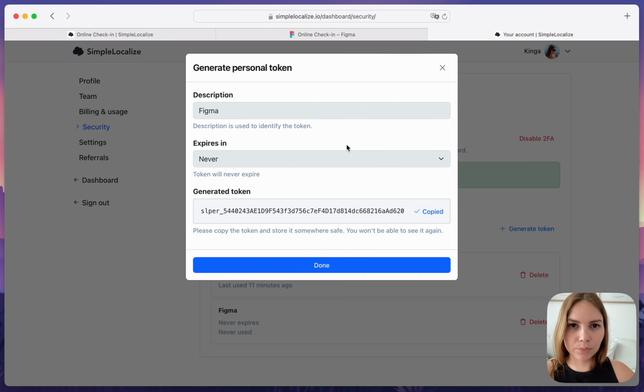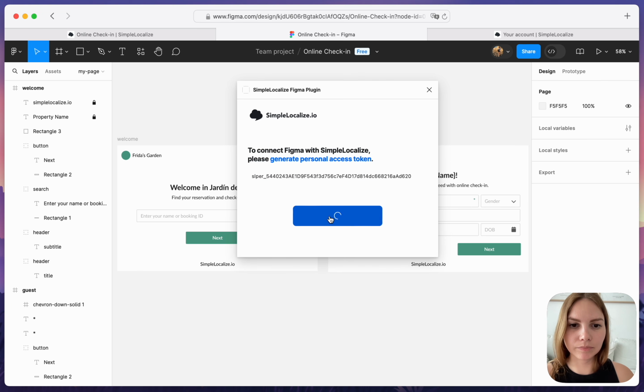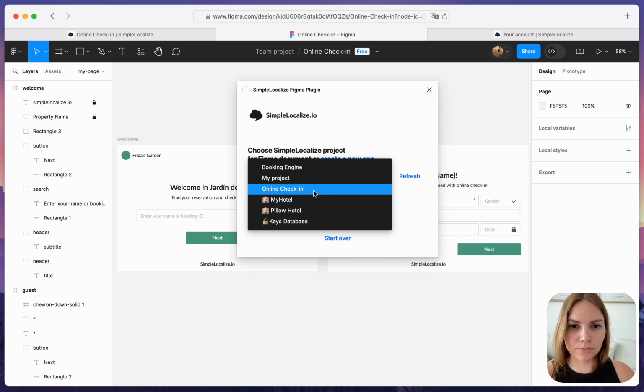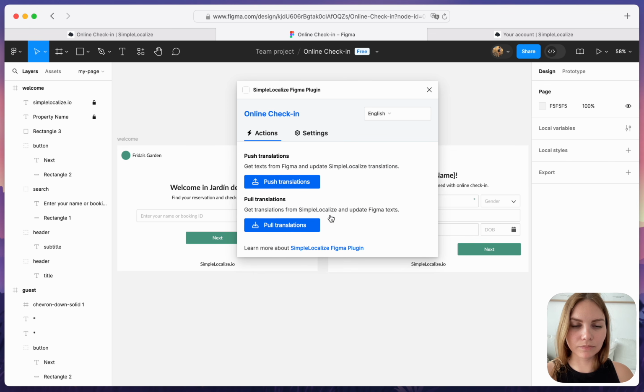Okay, let's copy that and now paste it into the plugin. Okay, now we need to choose the project, so we choose the online check-in project from SimpleLocalize, and let's continue. Okay, now we are actually ready to push translations to SimpleLocalize and start translating, but before, you can go to